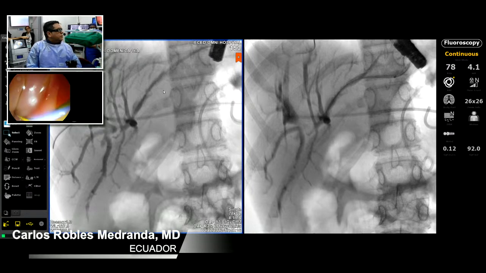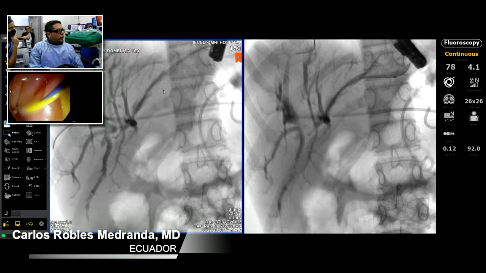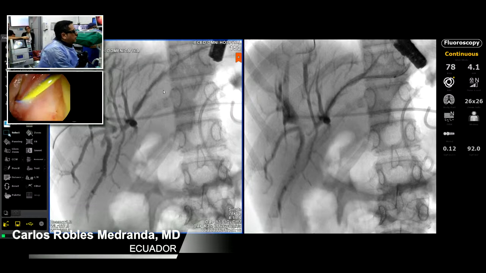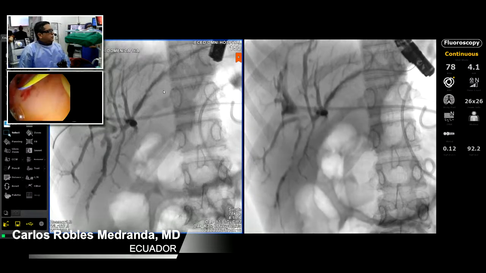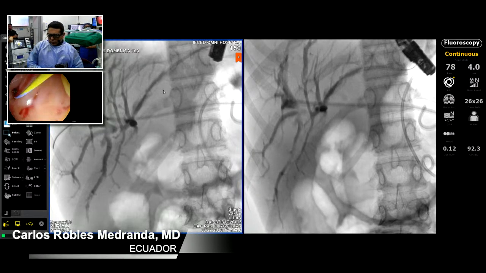Would you like the endoscopy image? For what? For right now, for the... No. Okay. No, it's okay. Sí. So we create a fistula now. That's very good. The communication is good now. Tenemos uno de 7 French por 12 centímetros o algún doble pigtail 12 centímetros. I need a 12 centimeter stent because if not we will have